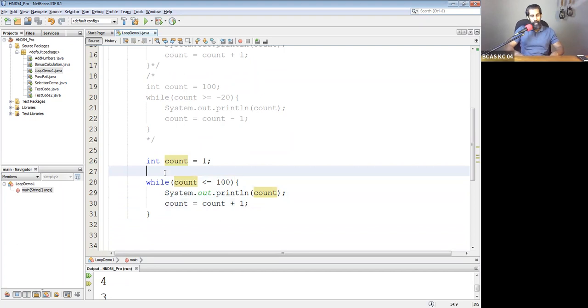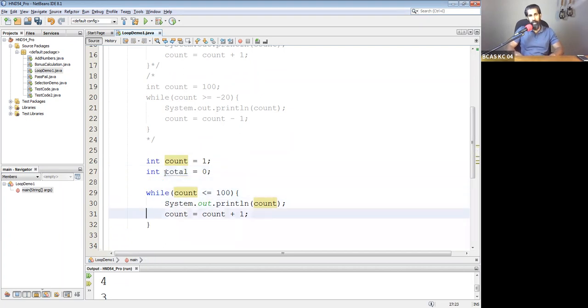Now what we need to do is, here we have to take int total is assigned the value 0 because we haven't found the total yet. So here, after first printing the value 1, we can add that with the total. So we say total is assigned the value total plus count. The value in count now should be added with total. Actually, very first time total is 0, right? So when you add 0 plus 1, it becomes 1. Total is 1. Then count is incremented by 1.